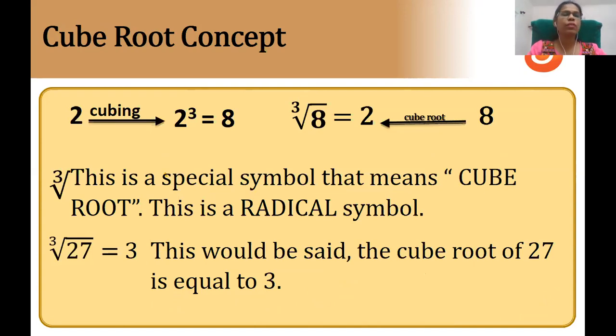Now we'll understand what a cube root is. The reverse of the cube is called cube root. What is the reverse of addition? Subtraction. The reverse of multiplication is division. In a similar manner, the reverse of square is square root, and the reverse of cube is called cube root. Very good. So this is a representation. We represent cube as a number.